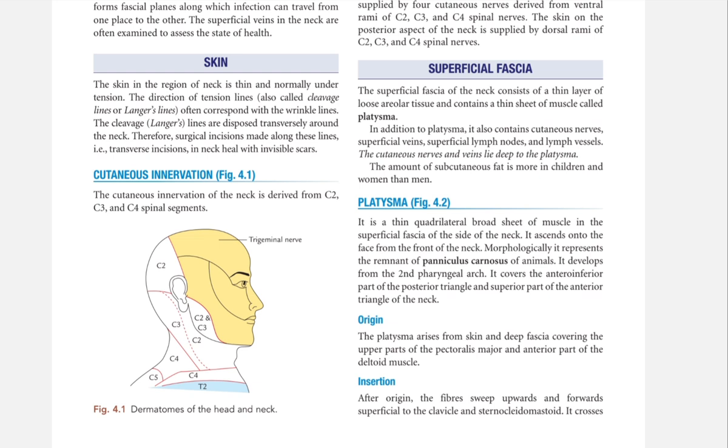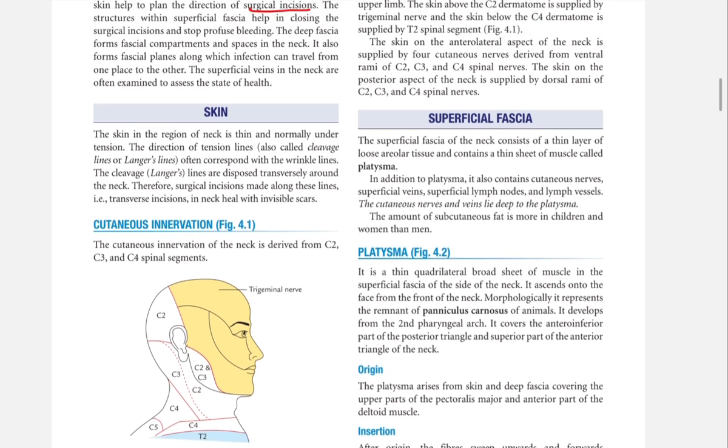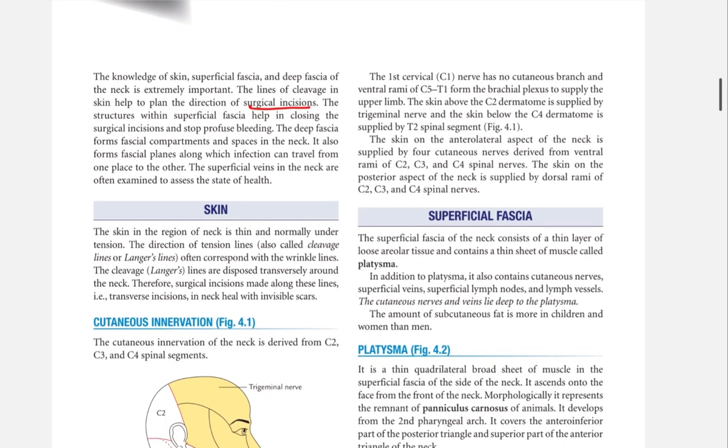Cutaneous innervation. The cutaneous innervation of the neck is derived from C2, C3, C4 spinal segments. The first cervical nerve has no cutaneous branch, and ventral rami of C5 to T1 form the brachial plexus to supply the upper limb. Skin above the C2 dermatome is supplied by trigeminal nerve and skin below C4 dermatome is